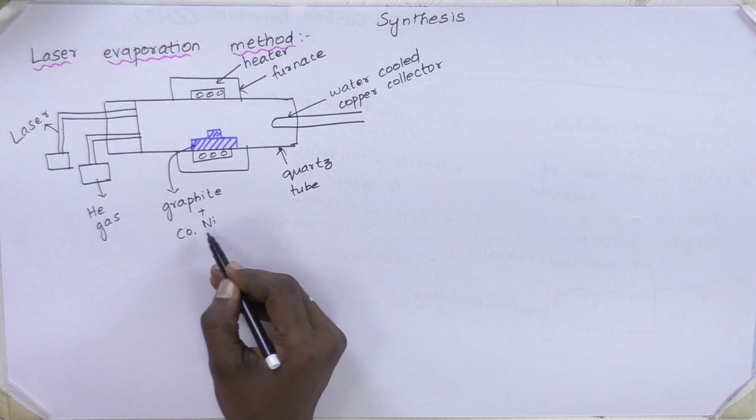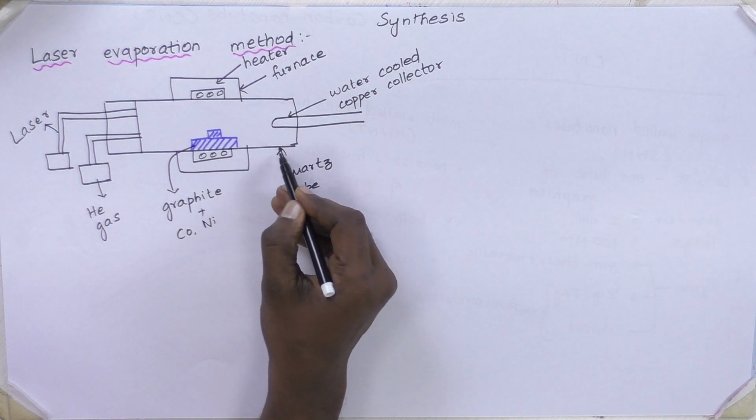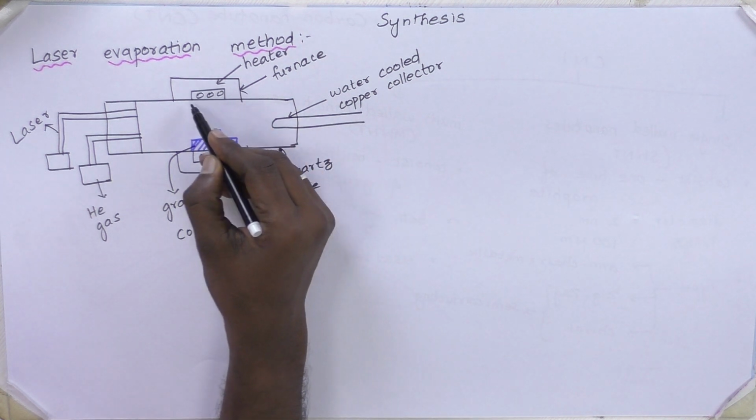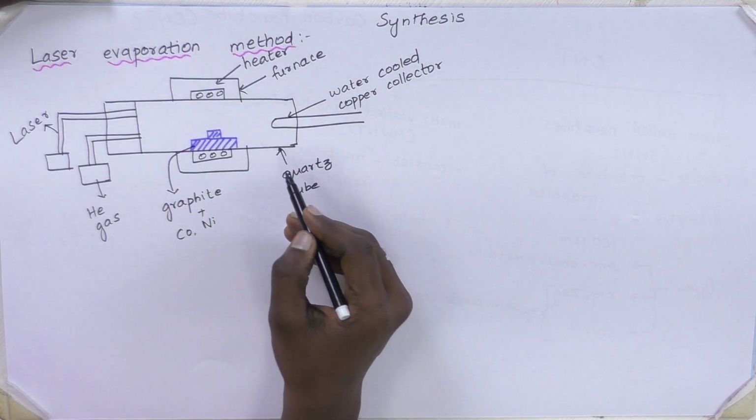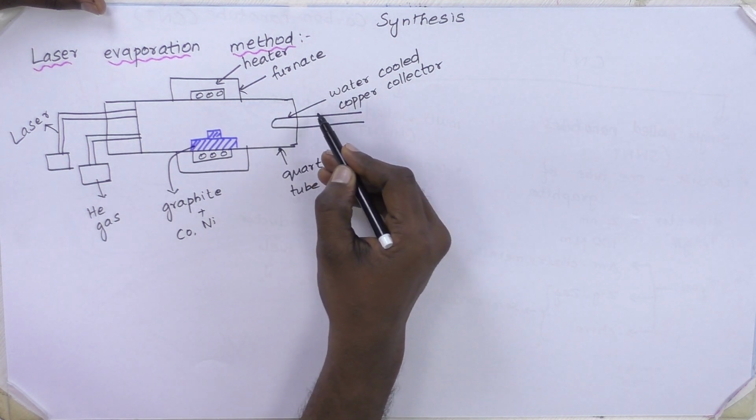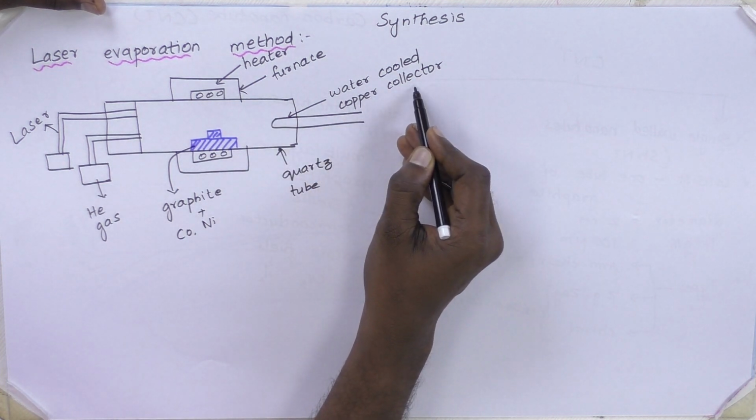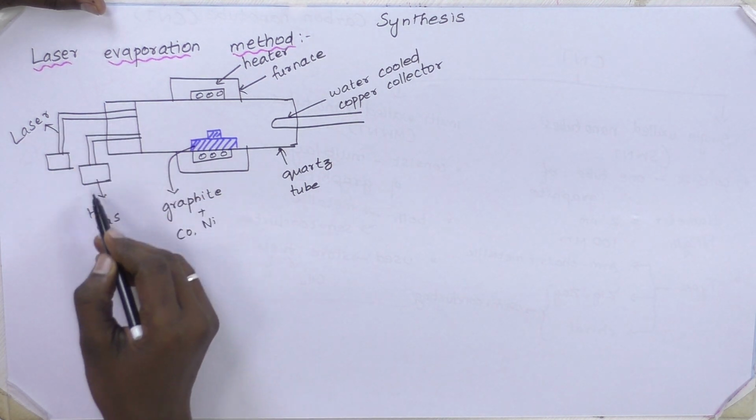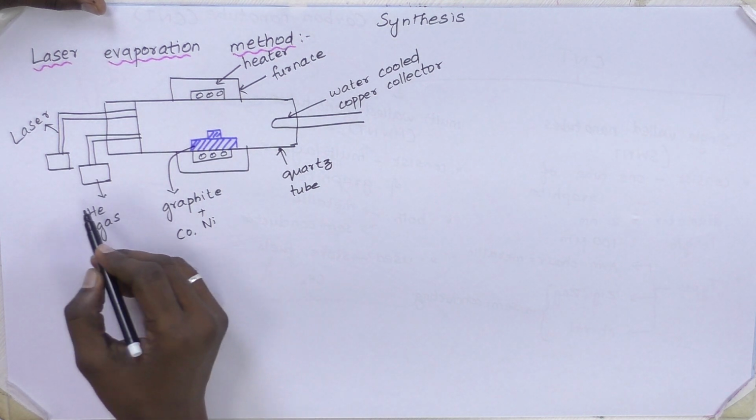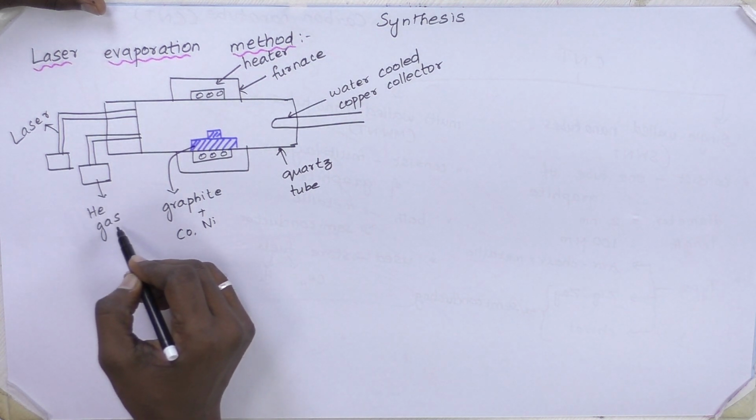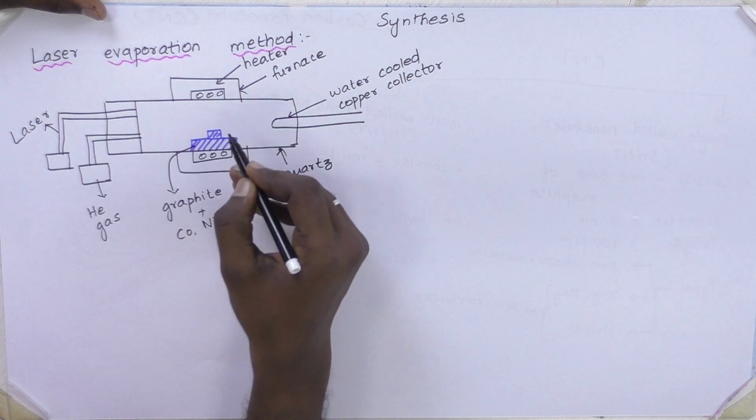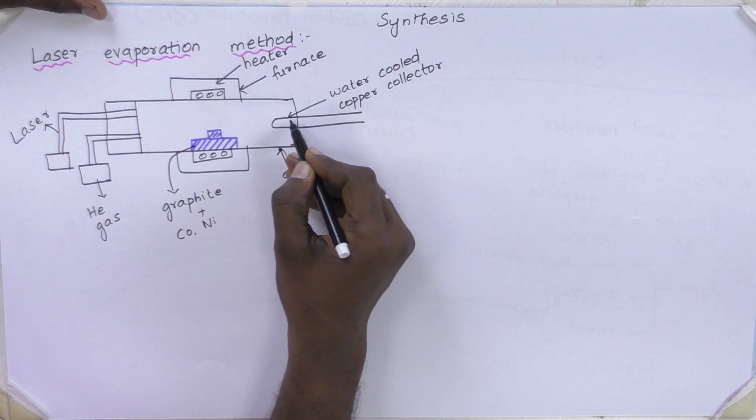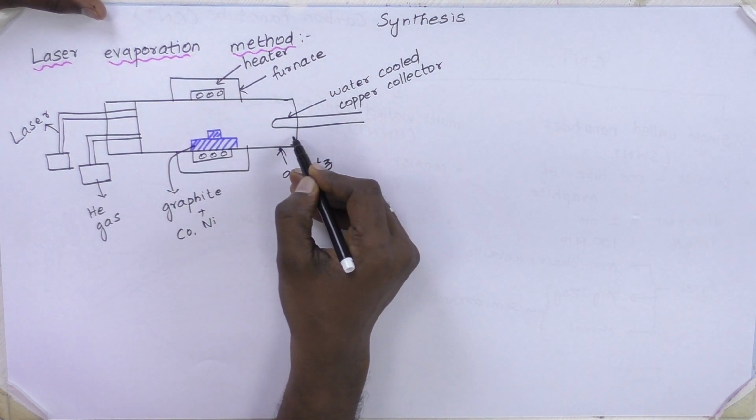Graphite along with cobalt and nickel as a catalyst is kept in a quartz tube. The quartz tube is kept in a furnace along with the heating element. One side of the quartz tube is connected with a water cooled copper collector. The other side is connected with the laser light and helium gas. Here, helium acts as a carrier gas. The role of carrier gas is to sweep the particles towards the water cooled copper collector and get condensed to form